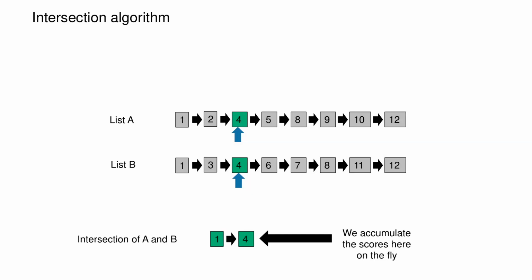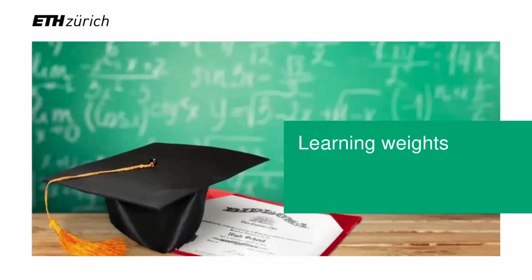This in fact has a name. It's called evidence accumulation, because we accumulate the scores on the fly as we go through the posting list. It's important, and I'll come back to it later, because that's also going to be important for the vector space model. Now, I would like to open a small parenthesis to make a bridge to the Introduction to Machine Learning course,